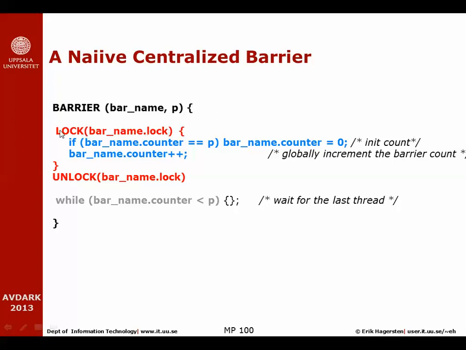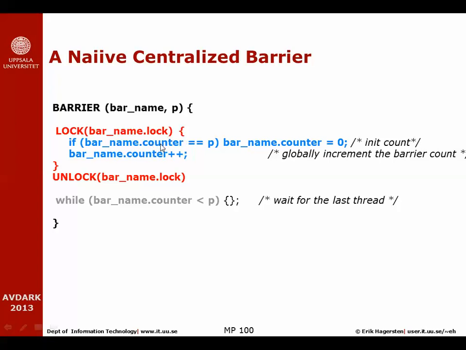We're going to make use of the lock and unlock that we designed. So each thread will execute its own barrier, making its own call to this function. We'll make sure that only one thread at a time can be in between these two red statements and execute the blue code. So first, what we test is if one variable of that struct, which is the counter